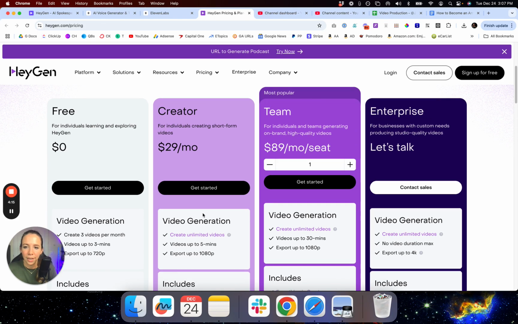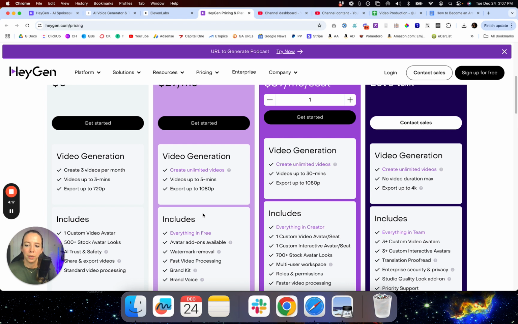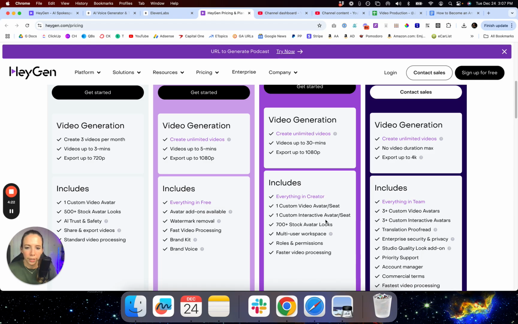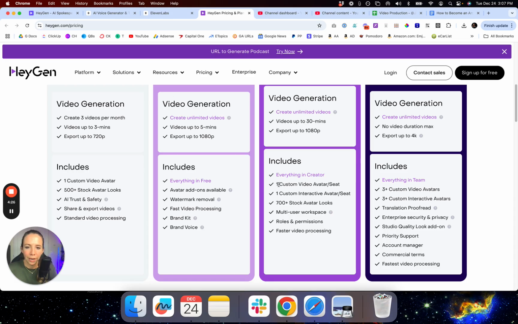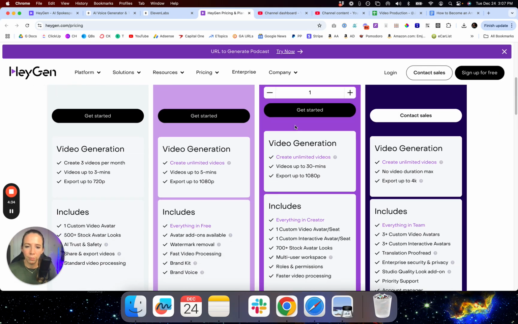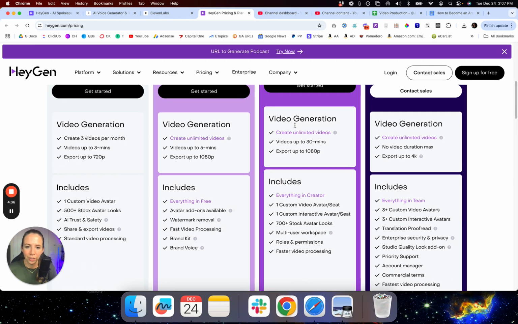So at the creator plan, it does remove the watermark and it does do some pretty good stuff. So there's that. On the team plan for $89 a month, that is where we have the custom video avatar. So when you're ready to move into the avatar, like a full custom video avatar, go for the team plan. If you are getting started from the ground up with an avatar from the get-go, you need